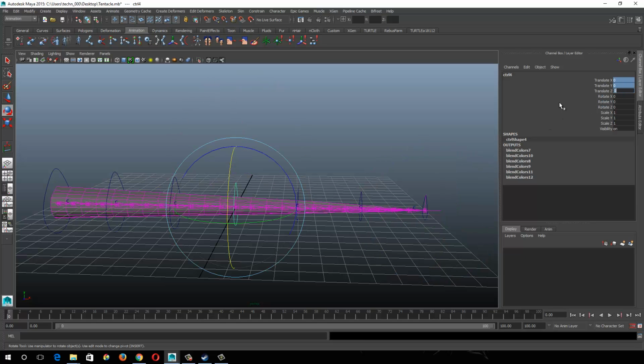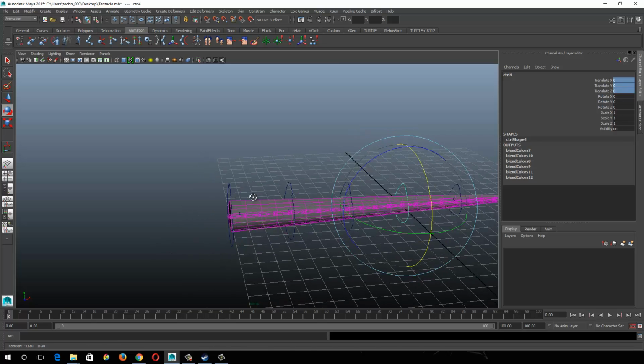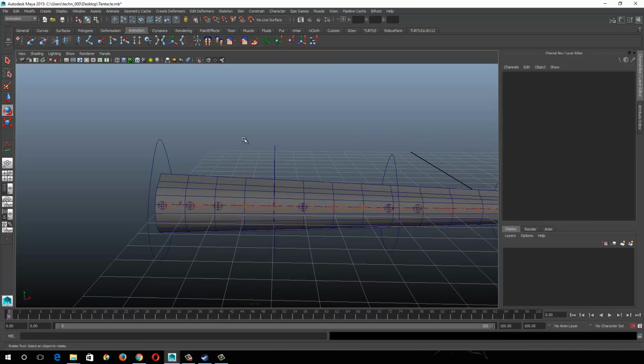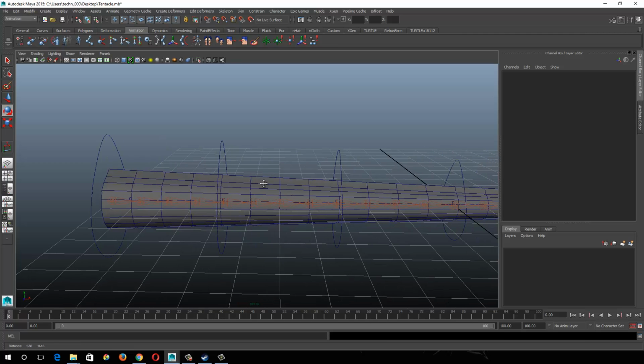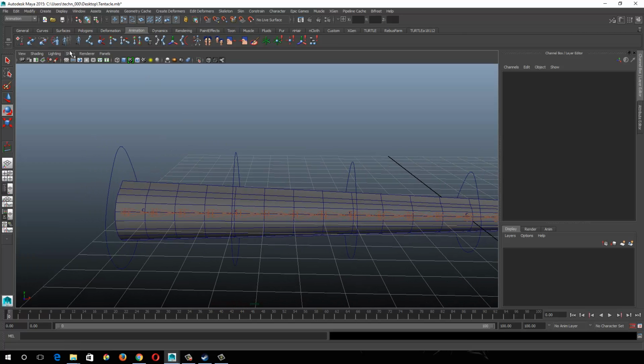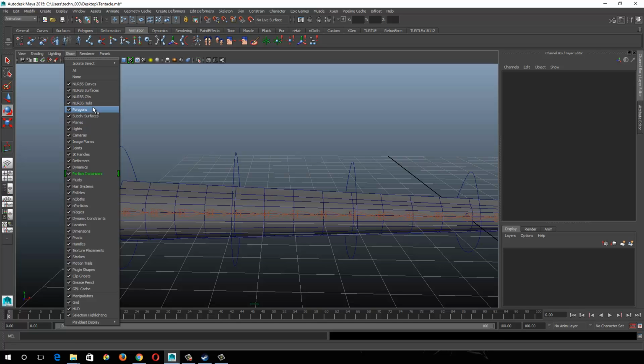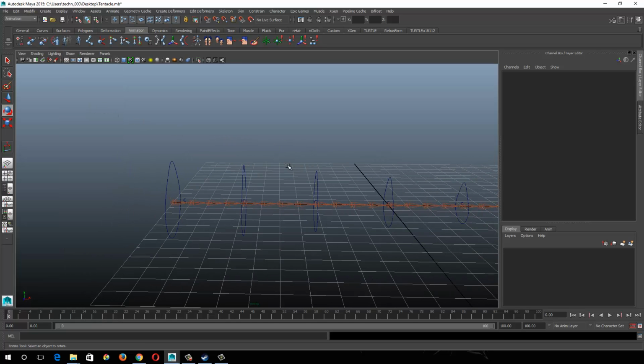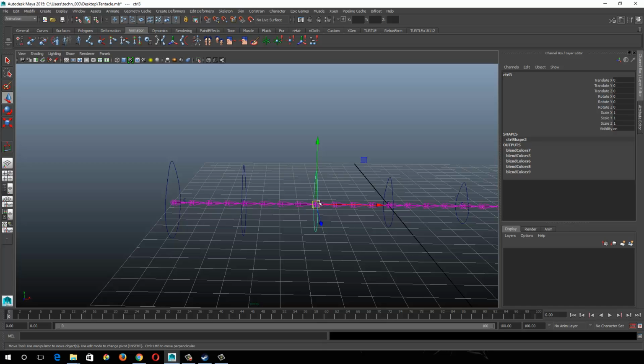But let's see how it works with local scaling. And what we'll do is we'll create little sections that give us individual scaling like that. So let's see, how is the best way to do this? Because that's not going to deform the same way anymore, is it? So let me turn off my polygons and show you guys that dilemma. So if I translate this up,